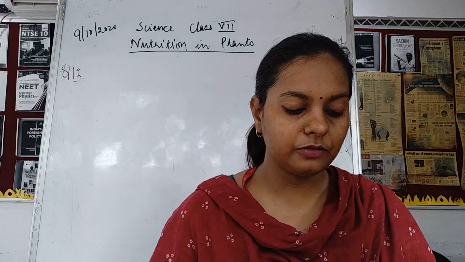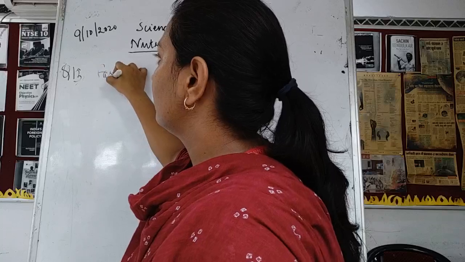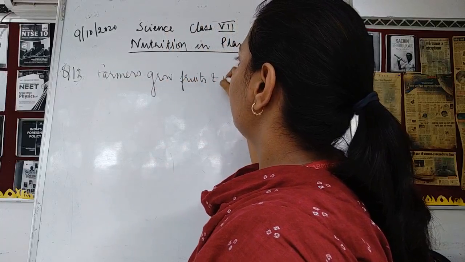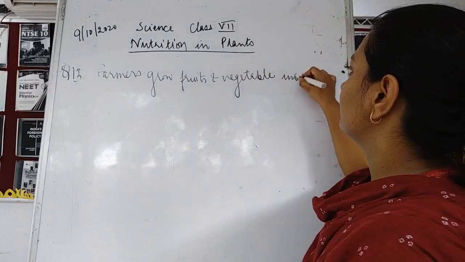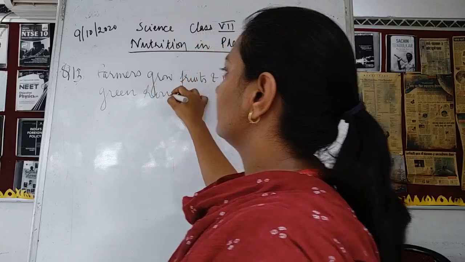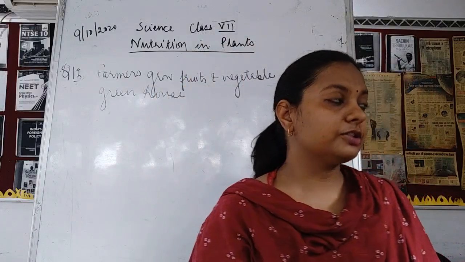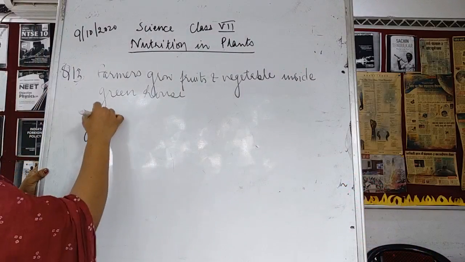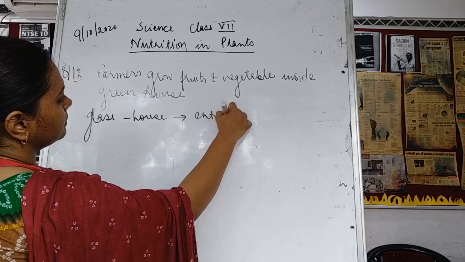So why do farmers grow fruits and vegetable crops? Farmers grow fruits and vegetables under or inside a greenhouse, inside a glass house. Actually this is written. Okay, so inside a glass house, it is a large greenhouse. So children, a greenhouse is a house made up of glass, and this entraps the sun's energy.